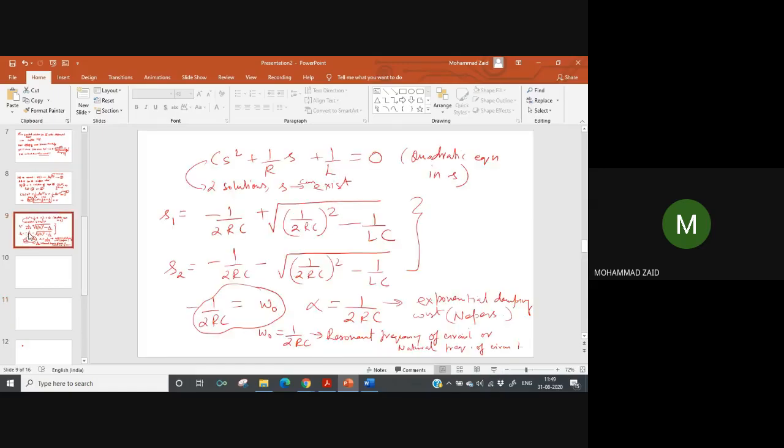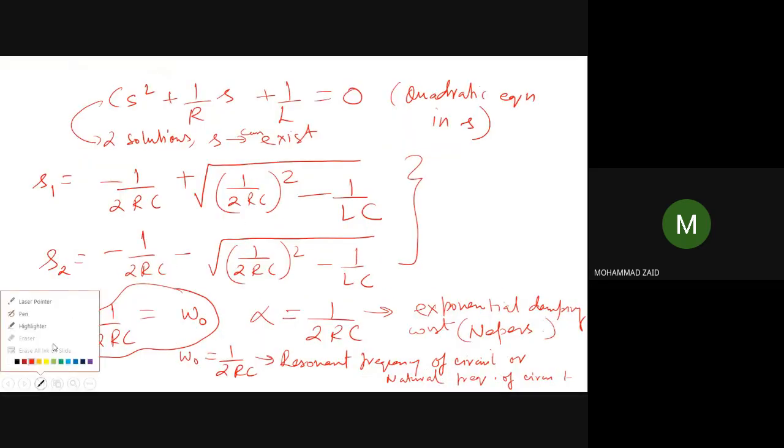Yes, you are correct. I was mistaken. Omega, here I forgot to write this previous slide. Yes, here in this slide, this is correctly pointed out that this is okay. I have written the same thing. So this is not omega naught. This is omega naught, which will be equal to the natural frequency of the circuit, that is 1 over the square root of LC.